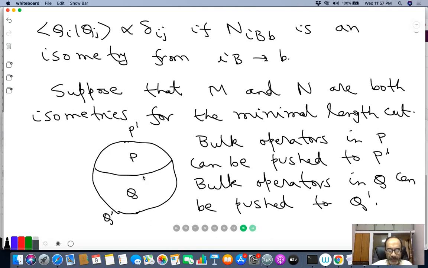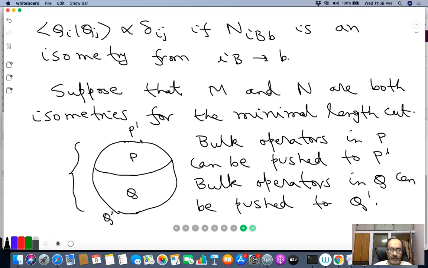So this geometric fact that we had seen earlier, that the region of the bulk that is in the causal wedge of P prime is actually mappable to P prime. And the region of the bulk that is in the causal wedge of this region is mappable to Q prime. So this geometric fact that we had studied earlier becomes automatic from this viewpoint, from the map that you have described, from this holographic code,